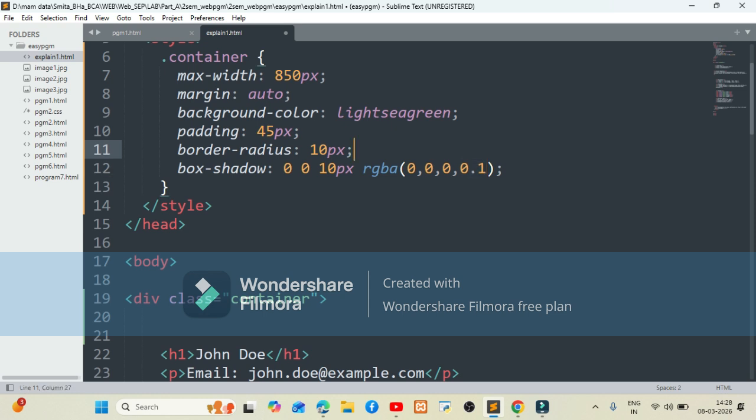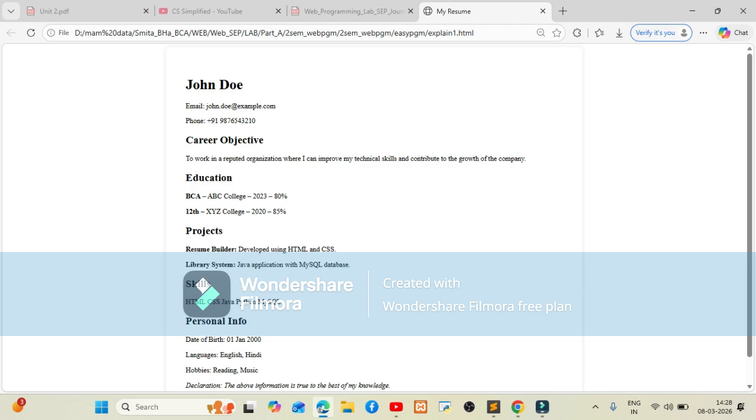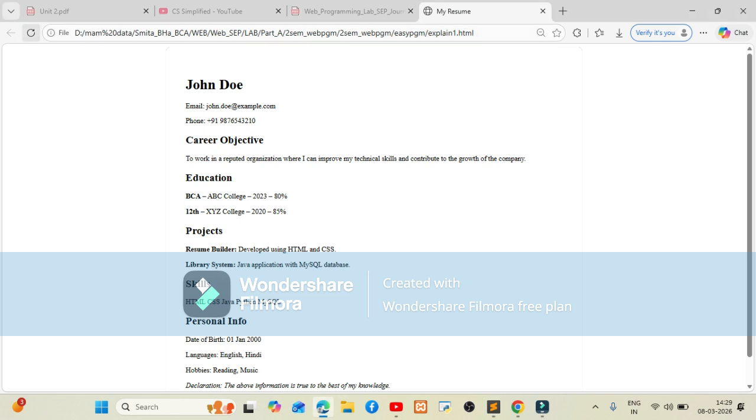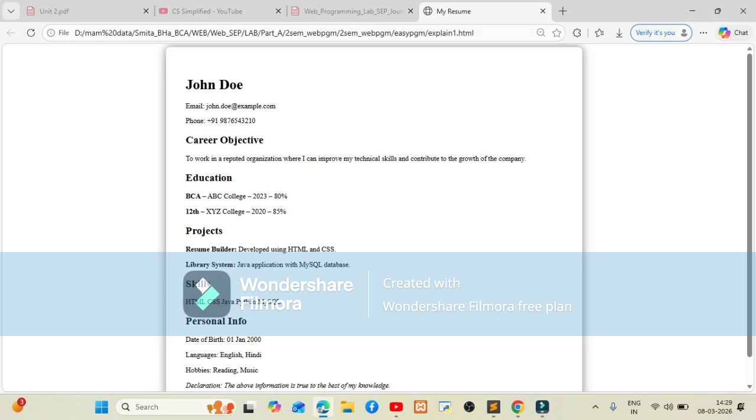So let's go and check. The shadow is very light and smooth. I will change the values so that it is visible to you. Refresh it. So now the shadow is much more visible because it has become a little dark. Let's change the other attributes. So it's almost disappeared. See, as I'm changing the values, you can see the change in the shadow around the box.